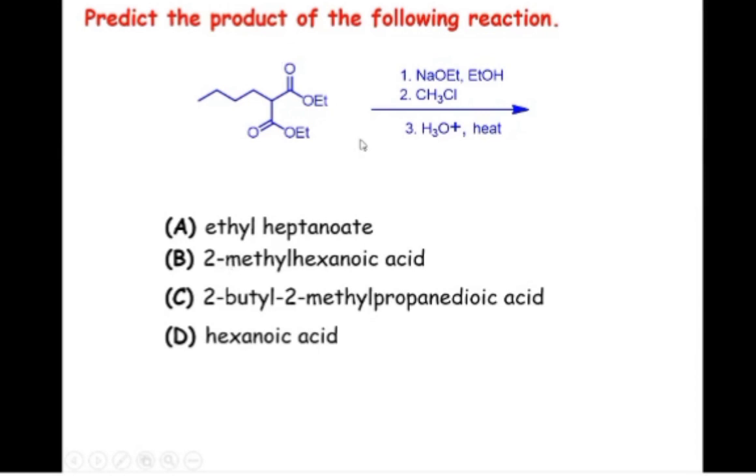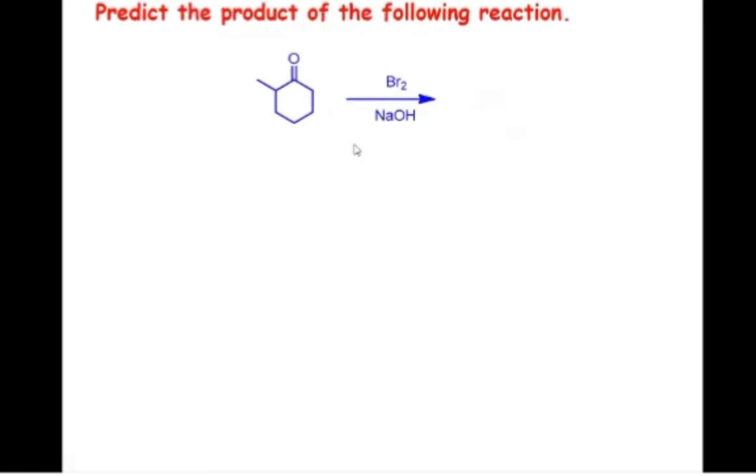While studying such type of problems, you will learn many more reactions. Okay. Now, a very simple problem is over here. In the year 2017, this question was asked in the GATE examination. Bromination of this particular ketone, and they have not given equivalence of bromine as well as NaOH. If we consider one equivalent of bromine and one equivalent of sodium hydroxide, definitely you will get monobromo ketone.